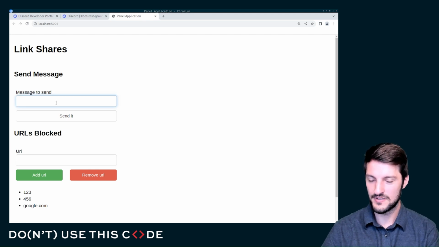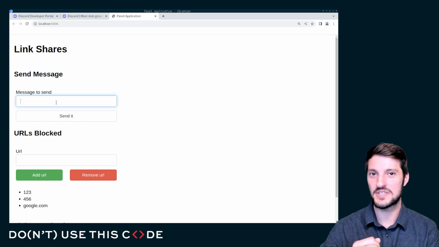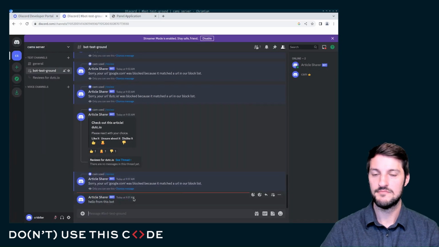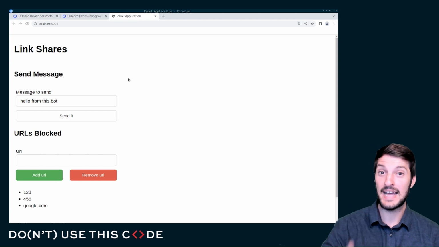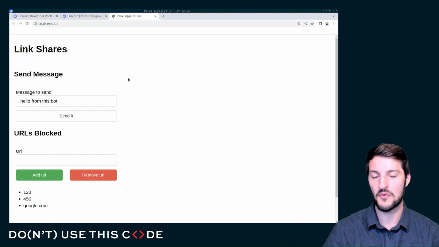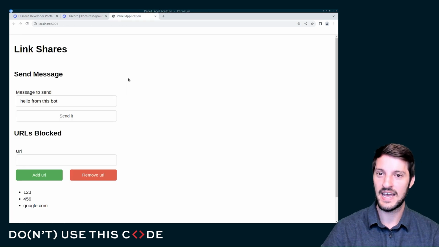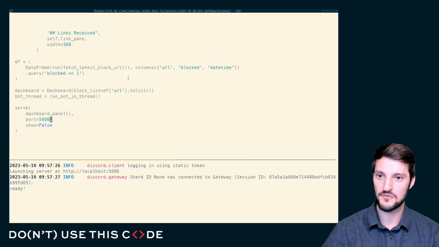And then maybe I want to use this bot to send a message. I can actually issue a command. And it issues hello from this bot. And that's sent as a message into this channel. And of course, we could add different channels. We could have a drop down of all the channels that this bot is subscribed to send messages to each of these channels. But the point is that we have bidirectional communication from our dashboard to our bot